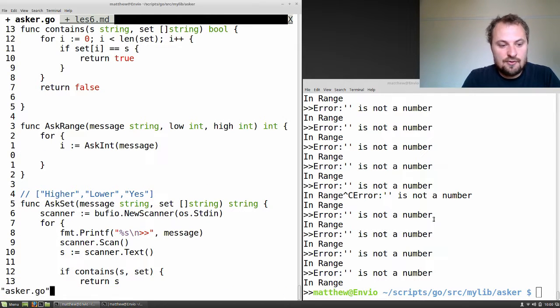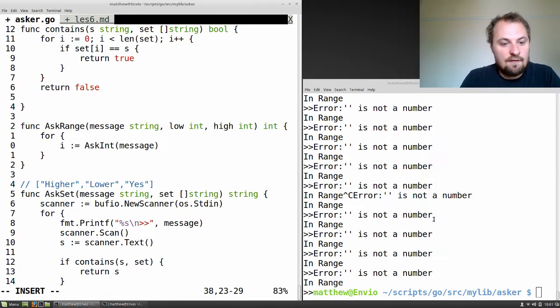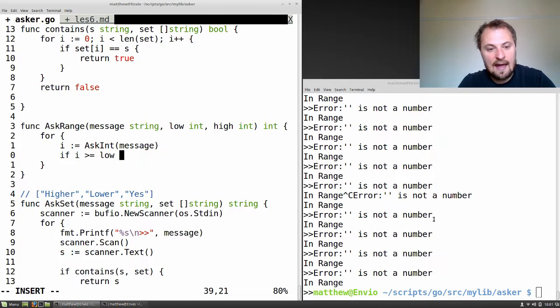Now, you could have done this without using the askInt method. You could have used the buffered IO and the scanner. In fact, by doing this, we're going to use the buffered IO and scanner, but it's just done in another function, and we don't have to handle it. If i is, there are two ways of doing this. The way I don't think I've shown you yet: if i is greater than or equal to low, and i is less than or equal to high,